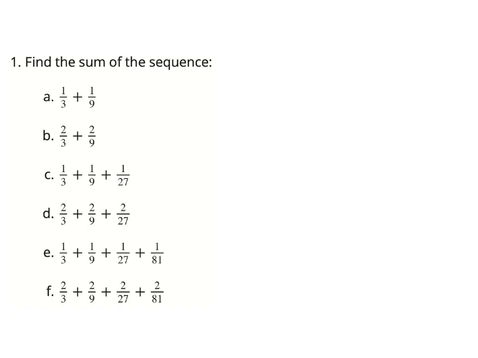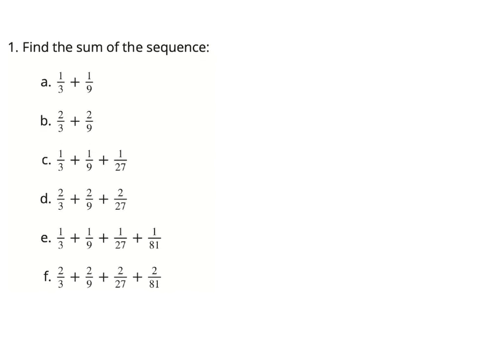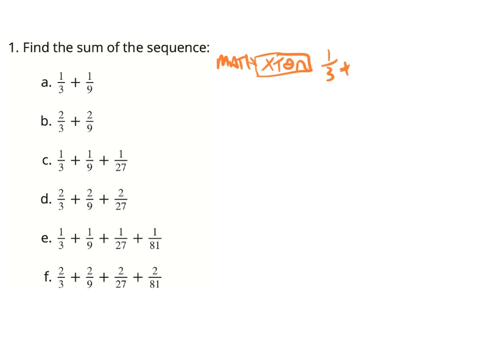Okay, again, find the sum of the sequence. So what we're going to do is hit the math button and the button next to it, X,T,theta,n. We're going to put in 1/3. We're going to add. We're going to hit math, X,T,theta,n again, and we're going to put in 1/9. We're going to hit enter. It's going to give you a decimal. You're going to hit math, enter, enter, and you're going to get